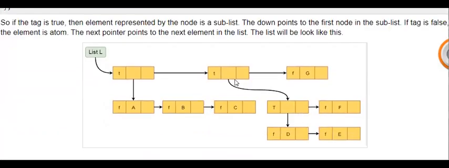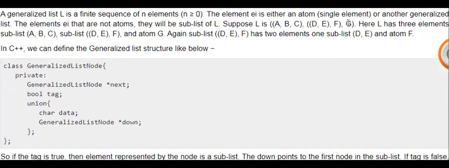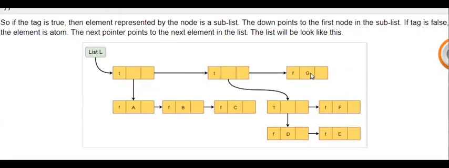So we need another tag for this pointer. Then we insert D, comma E as one sublist, and F as a separate sublist. Then it will be connected with the final tag. Then the second tag will point to the third tag. Under this tag, there is only one element, G, so the data will be stored in the same node.